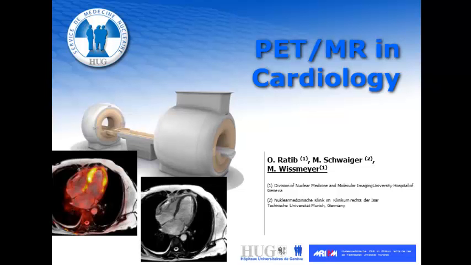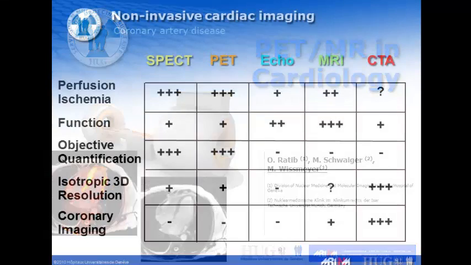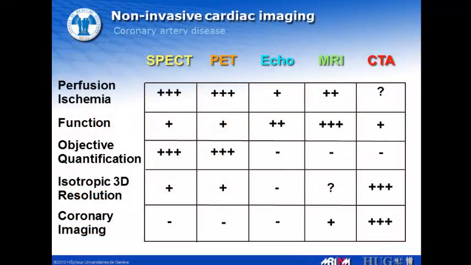So the second talk is a co-work and a co-production of two sites. On the one hand, from our service in Geneva, where also Osman Ratip, who is also one of the internationally recognized experts in cardiac imaging, Markus Schweiger, head of the nuclear medicine department of the Technical University of Munich, and myself. So I think everybody of us knows the different imaging methods and their qualities, how to image